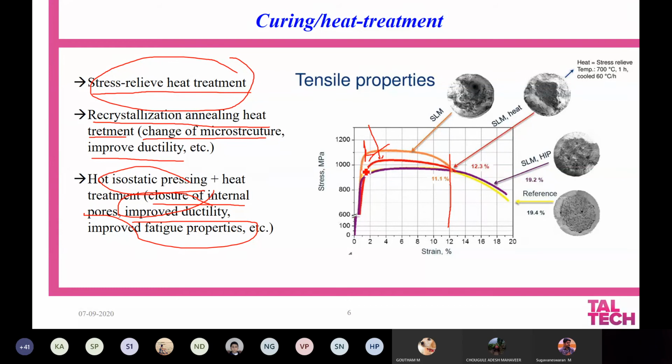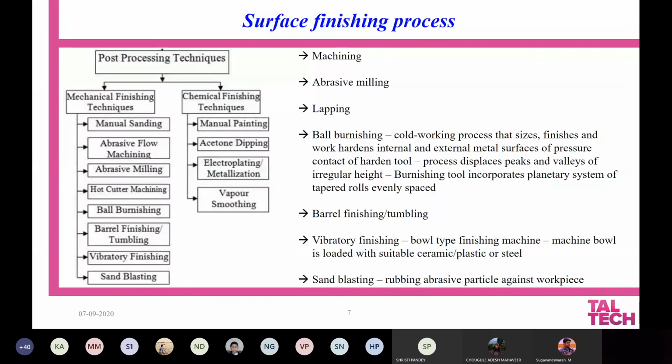Strength is almost similar and it is going in this fashion, and finally after necking it is going to go down. And if you have a HIP or an extremely heat treated sample, you may also have a sudden or gradual drop in strength, and at the same time a drop in ductility as well. So depending upon the strength requirements, the internal stress assessments, and the other factors which you see here, you may also go for heat treatment or thermal treatment or curing operation.